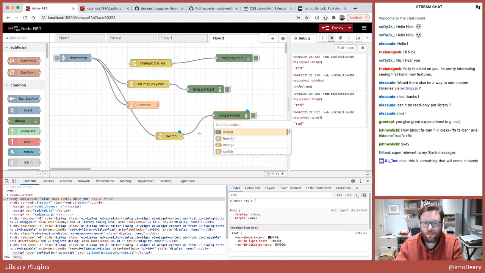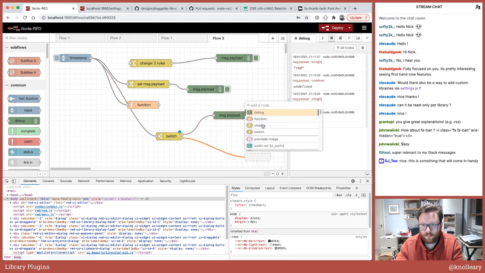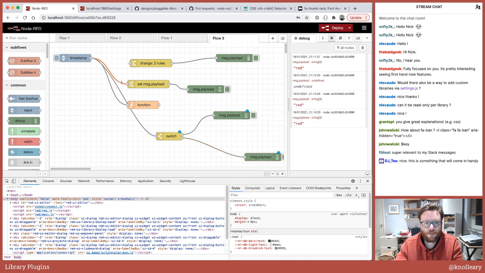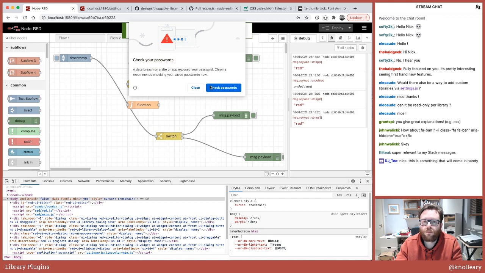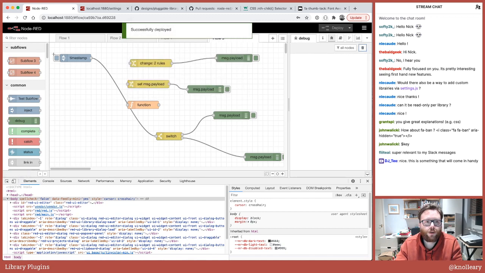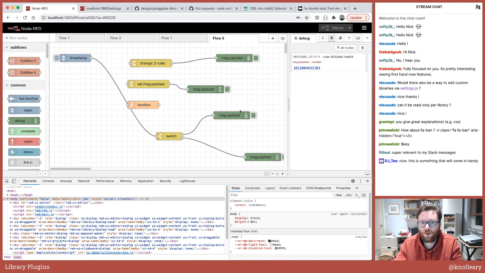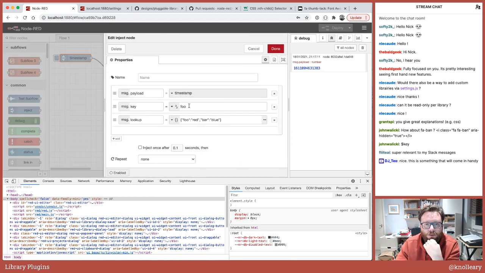And then just stick in some debug. And go away. All being well, inject. We get the payload because we've not assigned anything, but you can see it's come through the top. You can see it's highlighting the top debug node. And if we change this foo to bar,